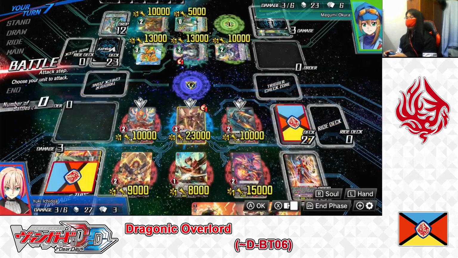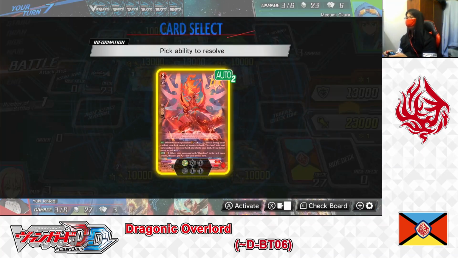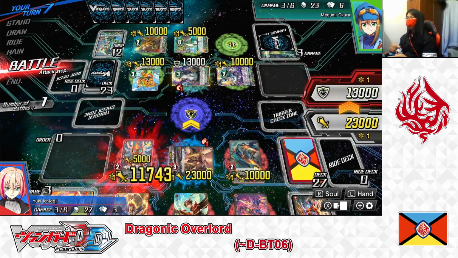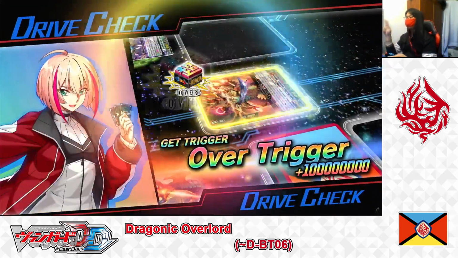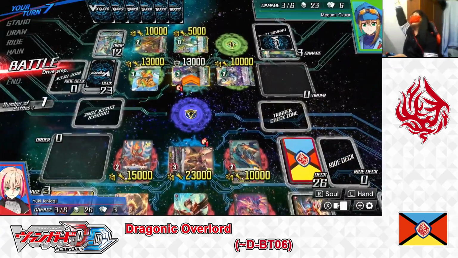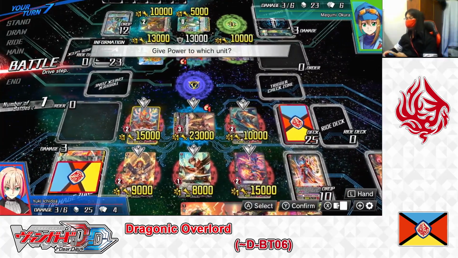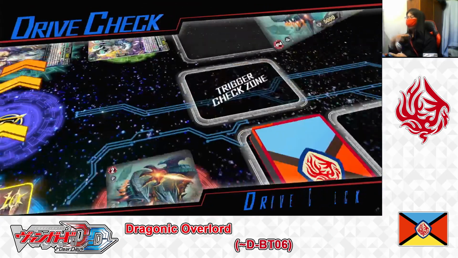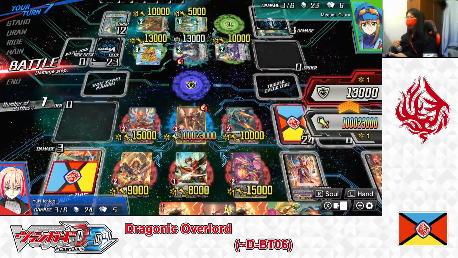First up, the End, unboosted, attacks the Vanguard. 23,000 power. Burning Horn skill, plus 5,000 power. Look at all that power, and yes, the attack goes through. Drive check first. Alright, over trigger. I give 100 million power to my Vanguard and restand. Second check, no trigger. The attack goes through, and